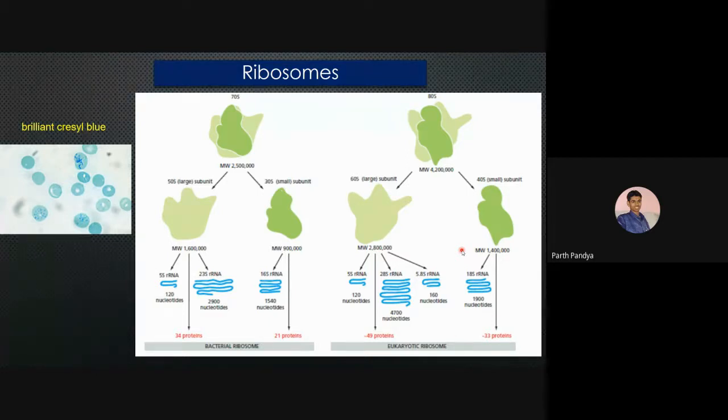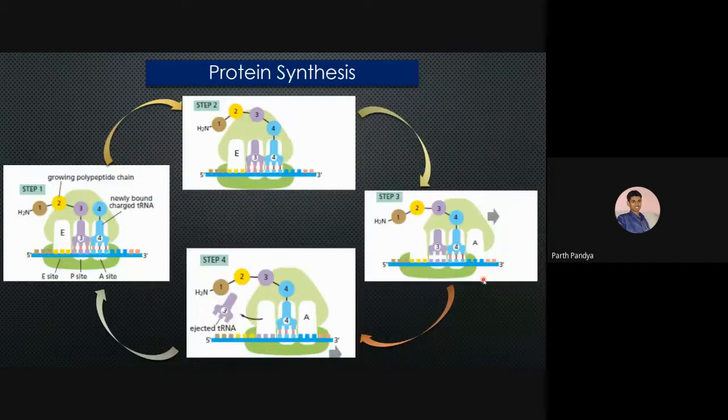Around 1900 nucleotides are found here, along with 33 proteins. If you want to stain the ribosome, brilliant crystal blue is the stain used. We know the ribosomes govern the function of protein synthesis,